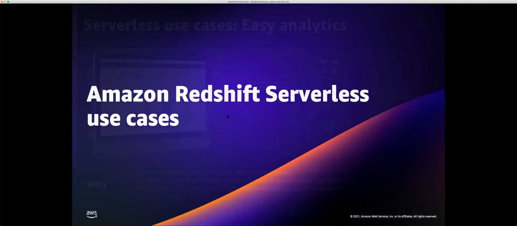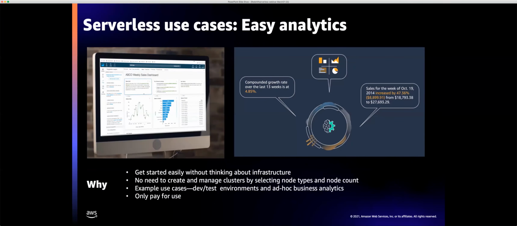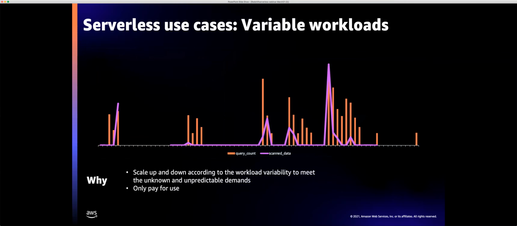We briefly covered this, but just real quick, why would you use serverless? You get the advantage of easy analytics. You no longer worry about cluster management. You may also want to consider serverless if your workloads exhibit high variability, ad hoc workloads or peaks.